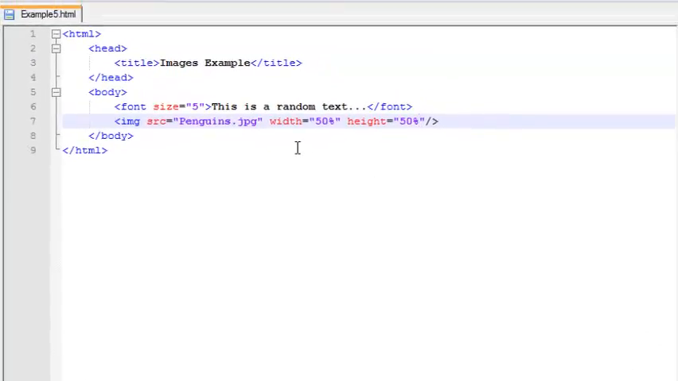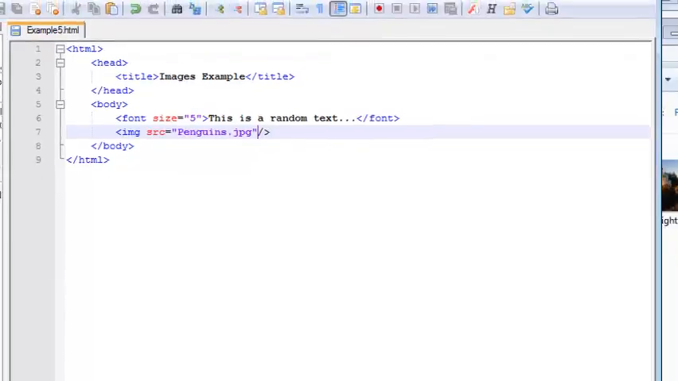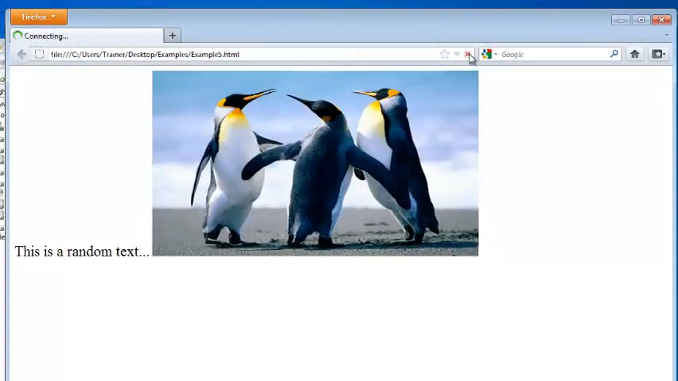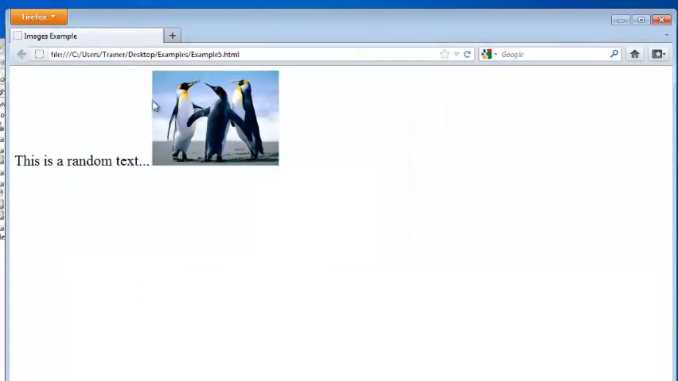So here we have image source pointing to penguins.jpg. We don't need the width and height attributes any longer. I'm going to remove that, save it, go back to the web browser and refresh, and you can see we have this image in a reduced size format. Alright,